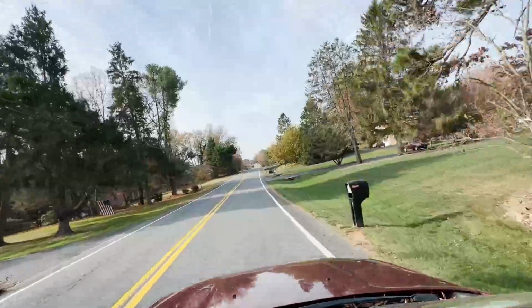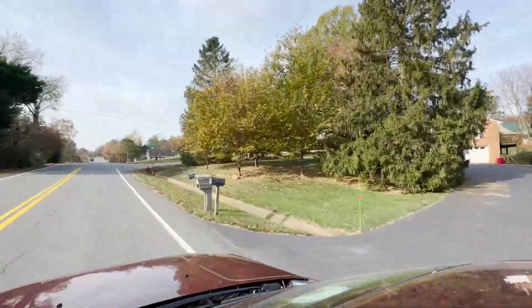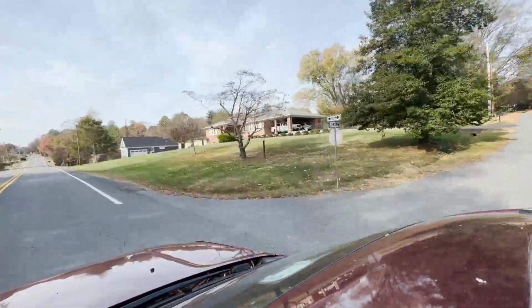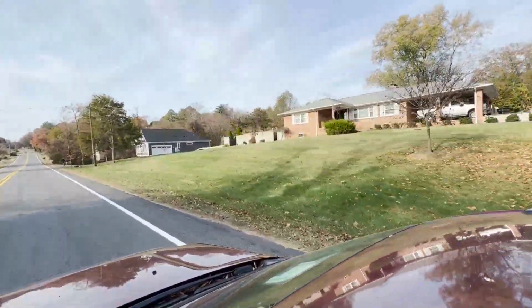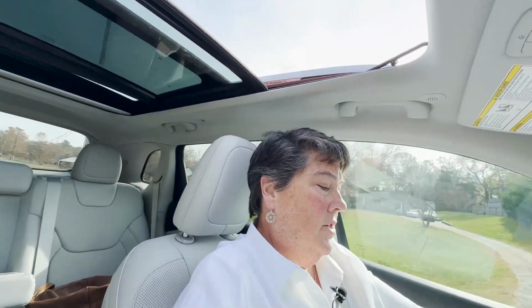One really cool thing is the original house. So we're coming up on one of the houses that actually just got built last year. So you can see you have very traditional brick, and then you have brand new construction next to it. So from here, we're actually going into our last one. So this is going to be